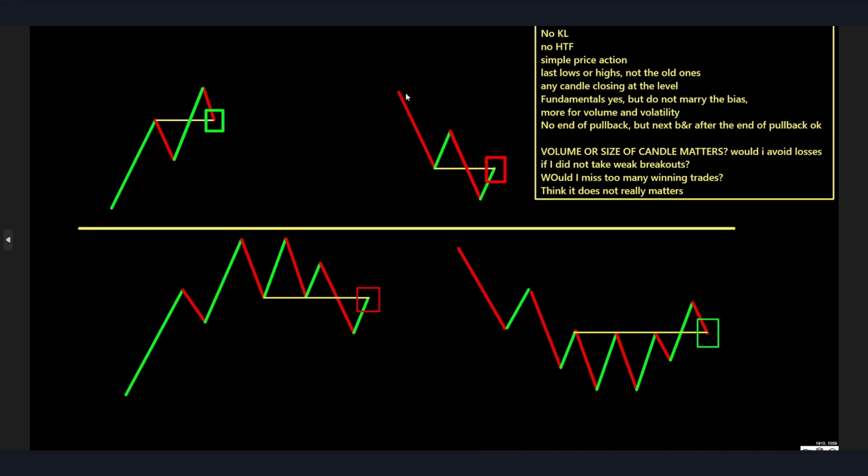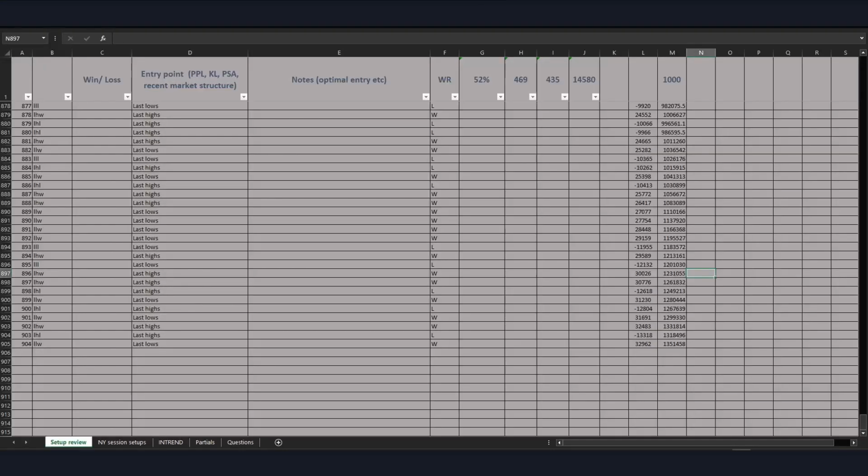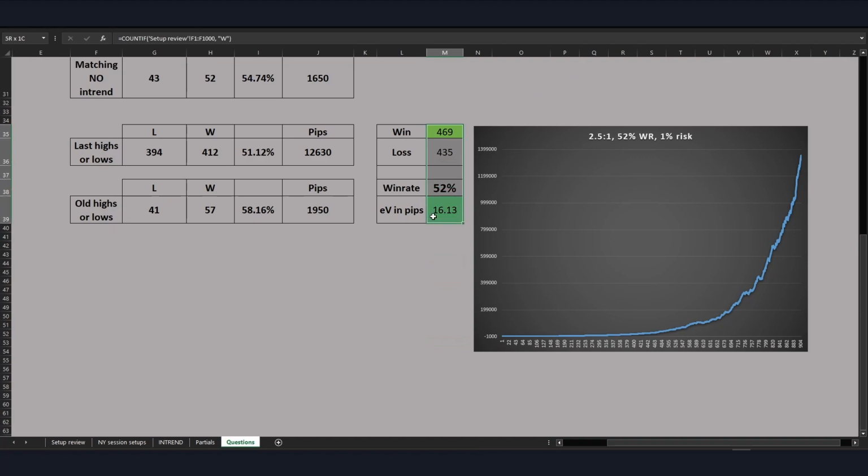These are the simple rules. No key levels, no high time frame, price action, last lows, highs, any candle that's closing over there. Fundamentally, you have to take care of them, understand them, but not really marrying the bias. No end of pullback, but the next break and retest after that. Volume, size of candles, and yeah, that's basically it. Stick to it, 50% win rate. Even though this is of course ideal, this is a possible huge gain. Because this is over 1 year,